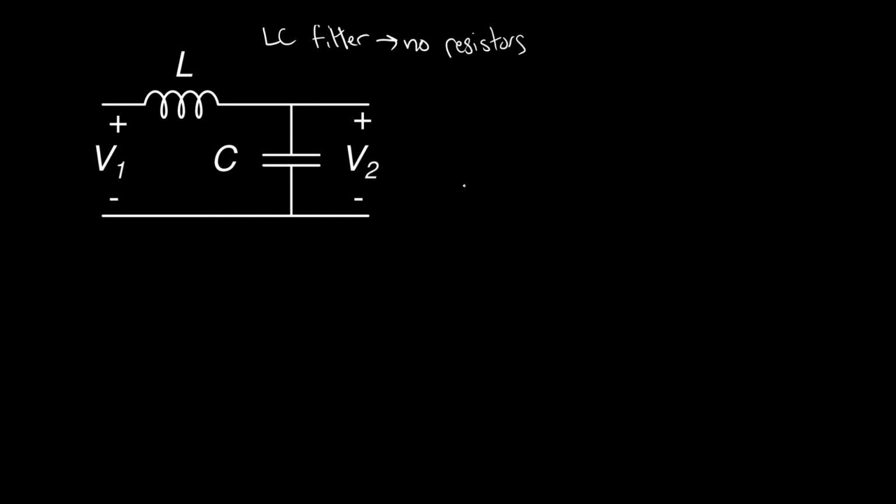And the reason we're using an LC filter, it doesn't have any resistors. No resistors, right? An RC filter has a resistor, an LR filter has a resistor. We don't want that. So what we can do, right, I hope you guys remember how this works, but for